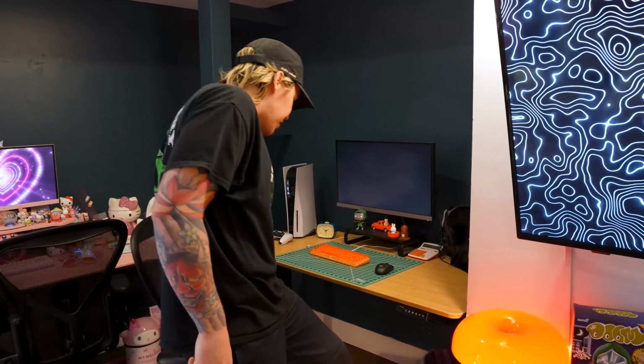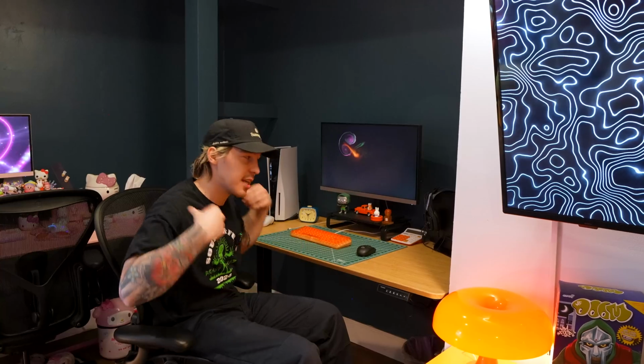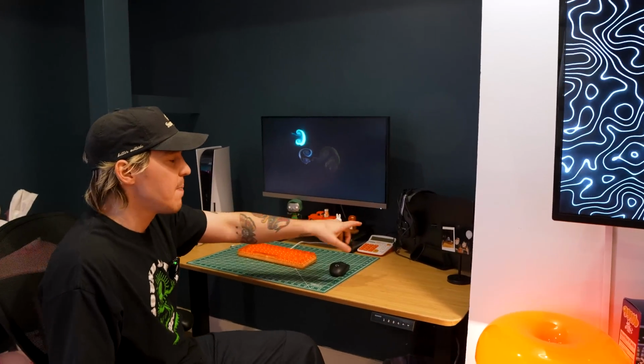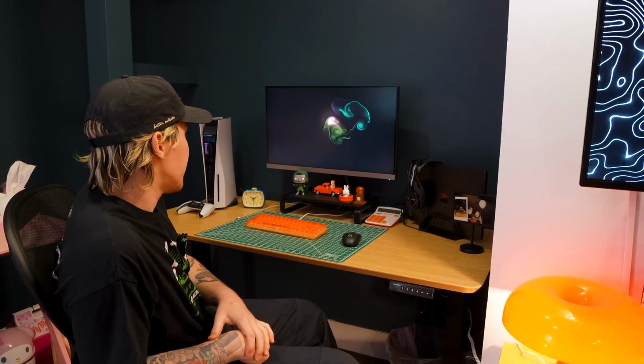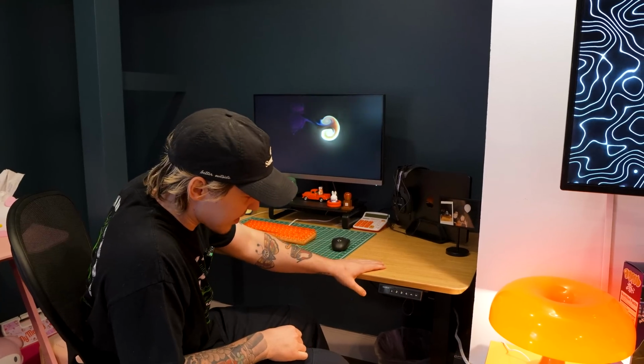If you've been following the channel for a while, you know that I have my upstairs setup. My main home office is my Windows setup, but I recently got the MacBook M3 Pro, and I wanted a setup to be able to use the MacBook for all that kind of work, but not always on the laptop hunched over. So I got this desk, and then I have my favorite chair of all time right here,